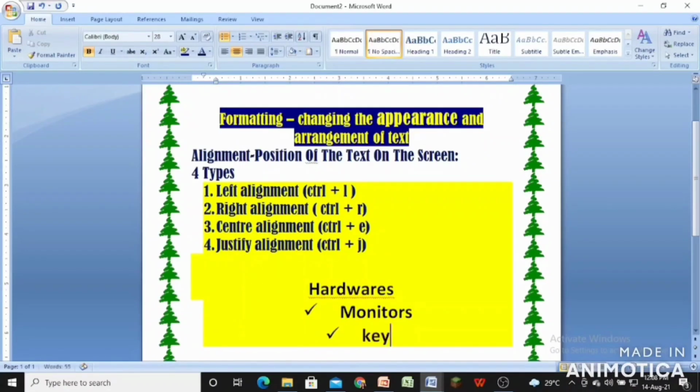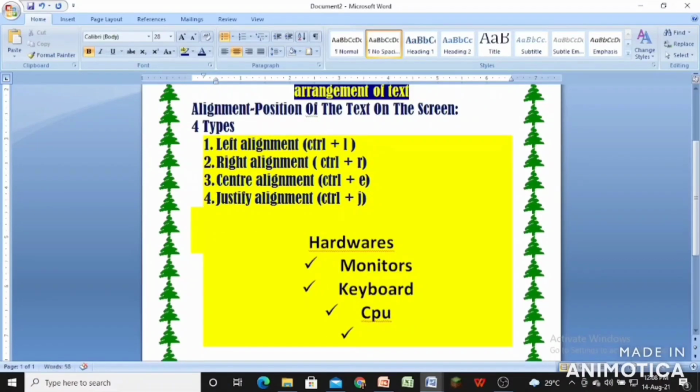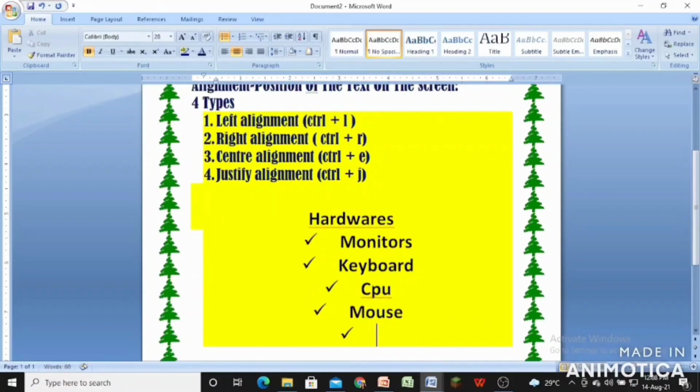Keyboard. Next is what? CPU. Next is what? Mouse. Next is what? Printer. So children, these are the hardwares.